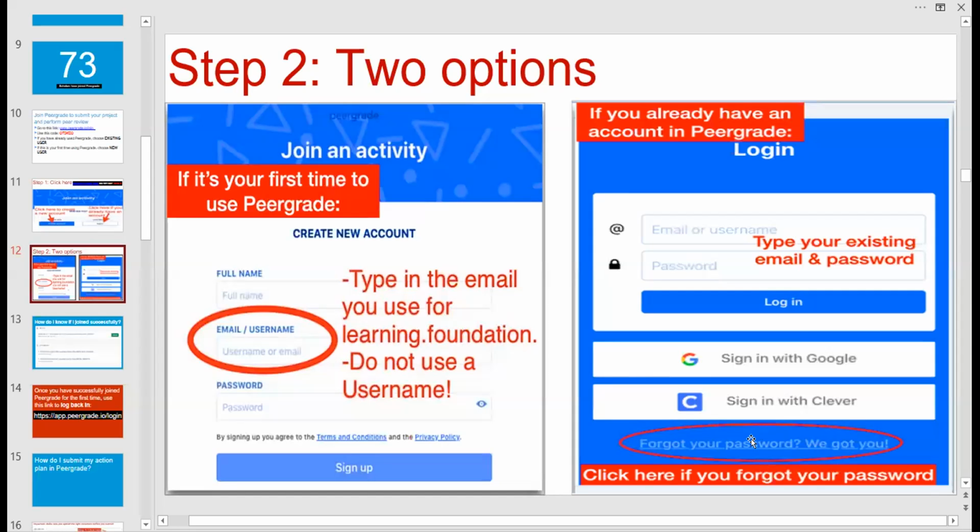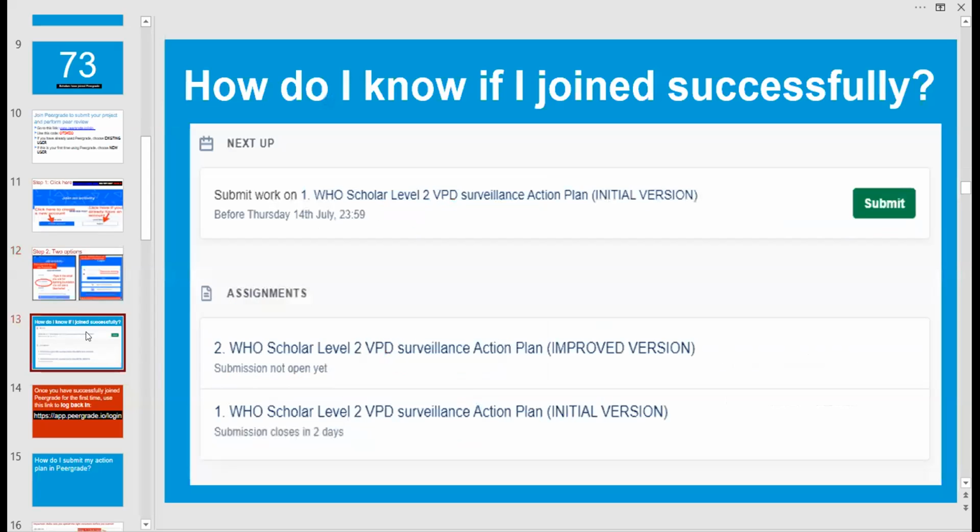If you don't remember your password, click on forgot password and follow the instructions so that you'll be able to get a new password. Once you have followed all of those instructions, you should be able to land on this page where you are asked to submit the initial version of your VPD surveillance action plan.